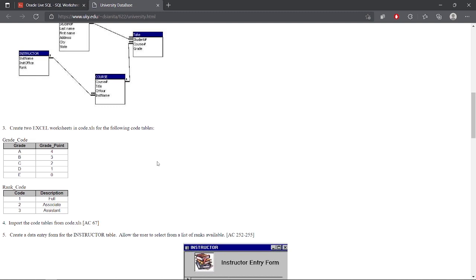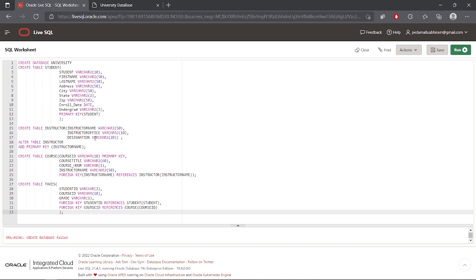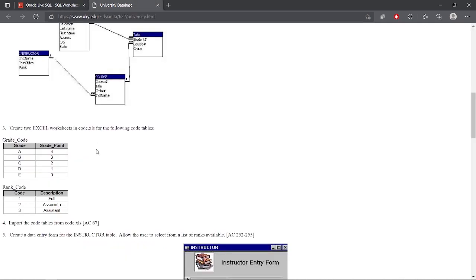And here we need to understand that this particular grade code, in this particular website, you have given it as two Excel sheets, but we can actually create a table for this too, and again create a constraint over here. See, there is a column known as grade, right? So for this particular grade, we can actually create a table which consists of these parts,